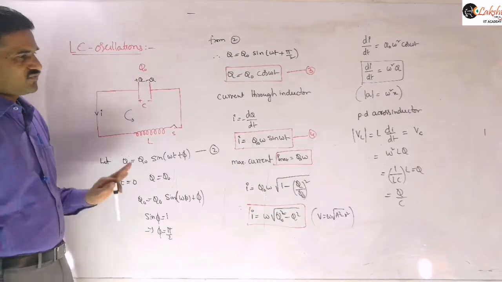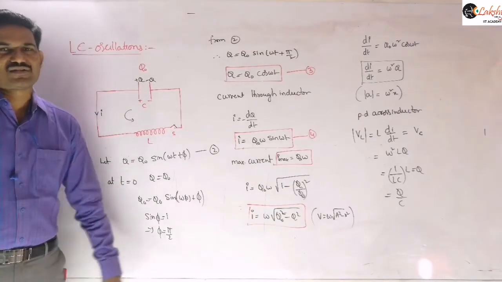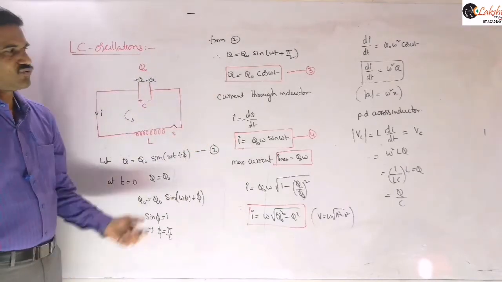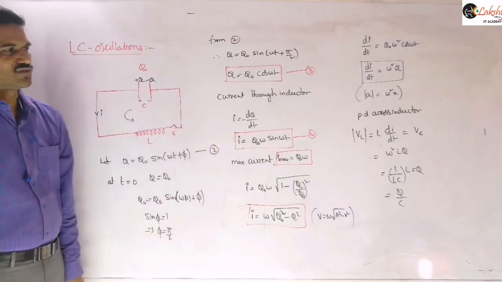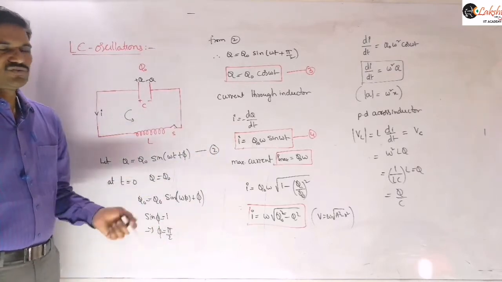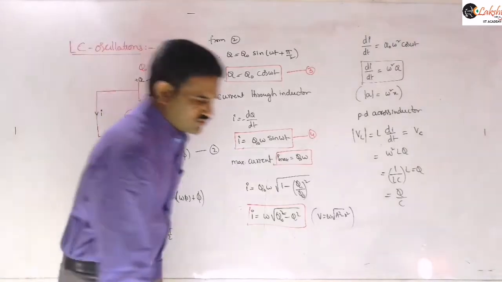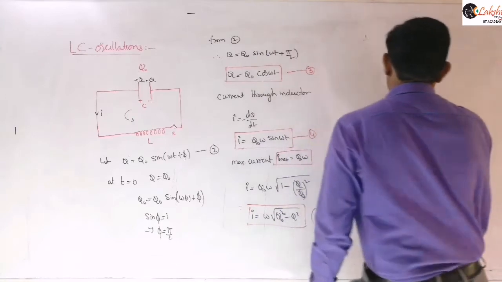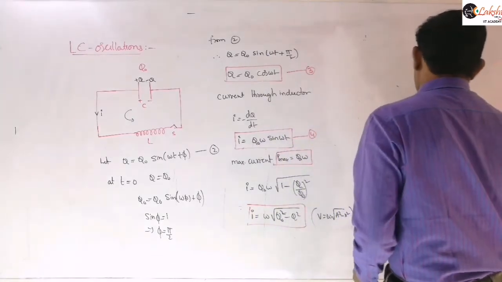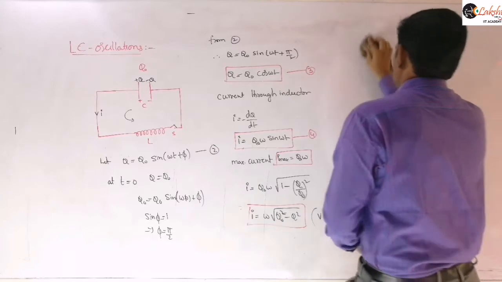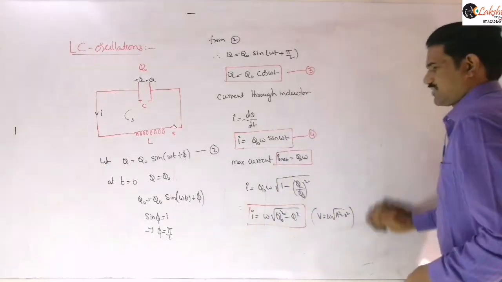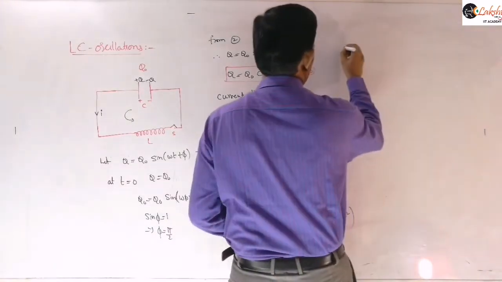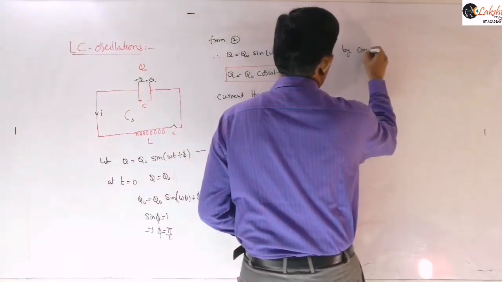This is a standard circuit. For a standard circuit, you can use this equation to find the charge on the capacitor at any instant, where Q naught is the amplitude of the charge, and this is the current equation. In this we also need to write the energy conservation equation, which is important here, because some of the problems we can solve by using conservation of energy itself. So let us write that equation now, by conservation of energy.